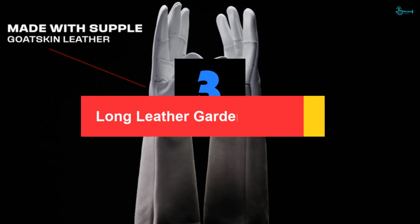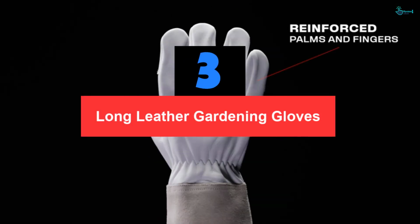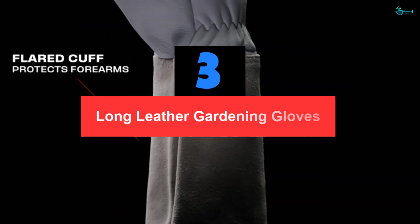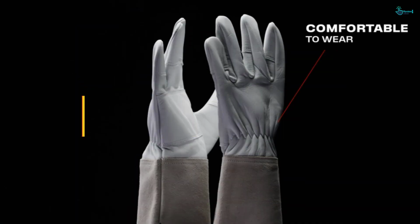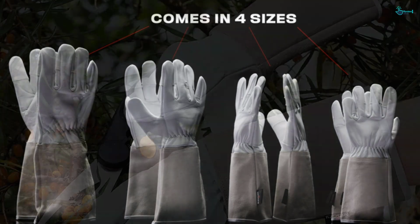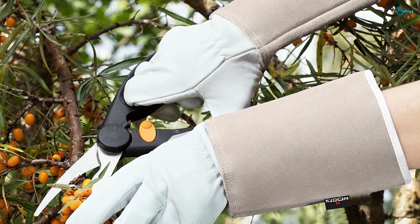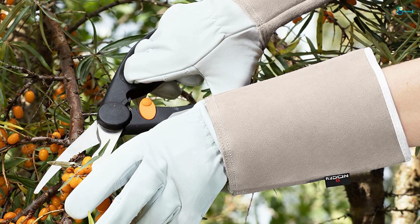At number 3, we have the long leather gardening gloves. These types of gardening gloves are best suited for those individuals who like to take that extra precautionary step in whatever they engage in. I bought them for my sister because she was scared of gardening. It was funny, but I had to make her join me for her to see that there was nothing to